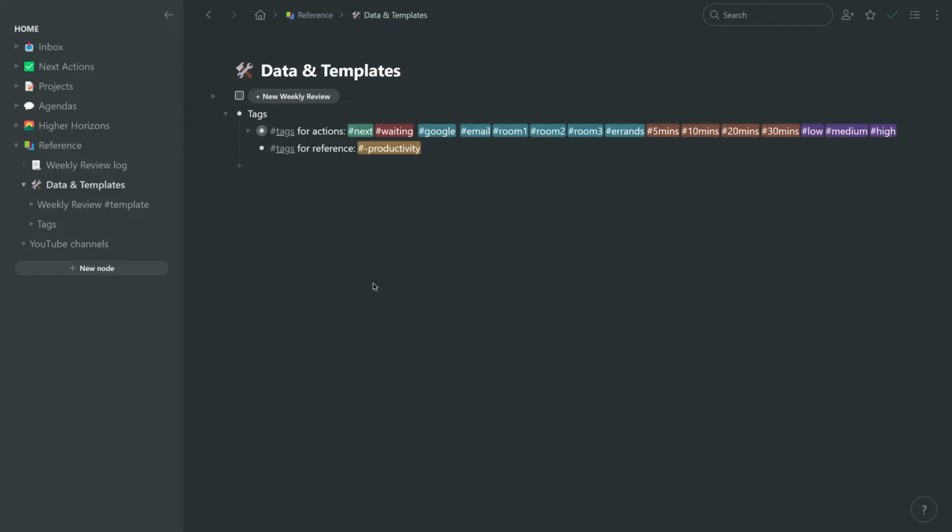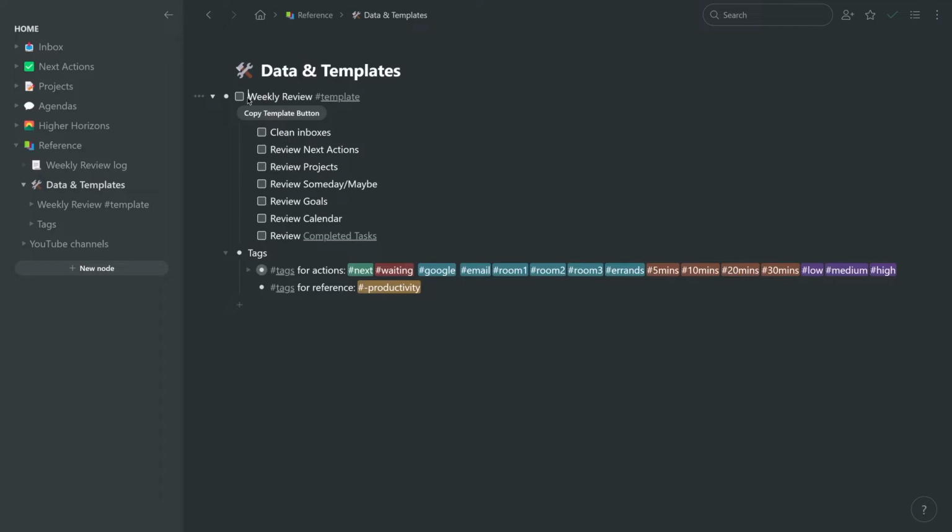What's even cooler is that you can use templates. Now, under reference, I have a node named data and templates. And if I expand this one here, there's also one for weekly review. This one is quite simple. Of course, your weekly review is probably going to look more extensive. I know mine does, but it's just to give you an idea of what it can look like